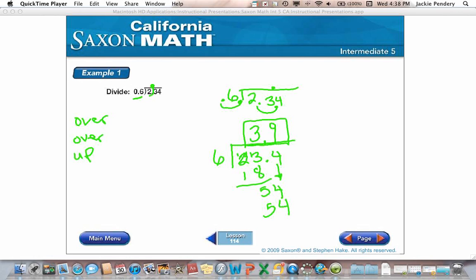Now you may be saying to me, Mrs. Pendry, how can my answer, my quotient 3.9, be larger than my dividend 23? Well, it's not really larger, but 0.6 goes into 2.34 3.9 times. So it is larger because I'm dividing by less than a whole. So it is counterintuitive, but yes, if you look back at the original problem,